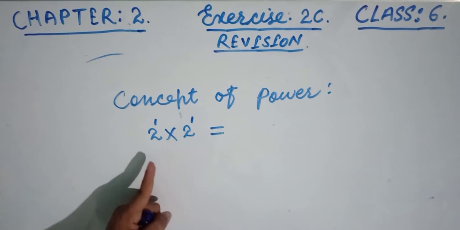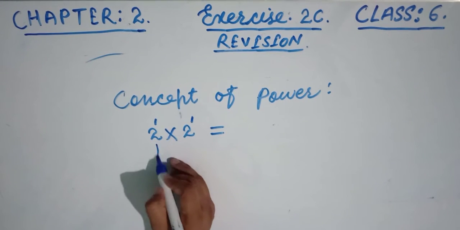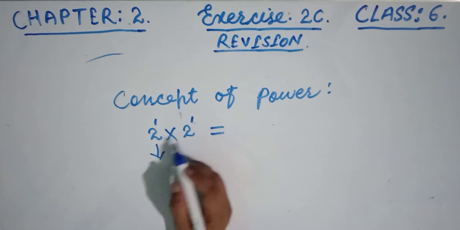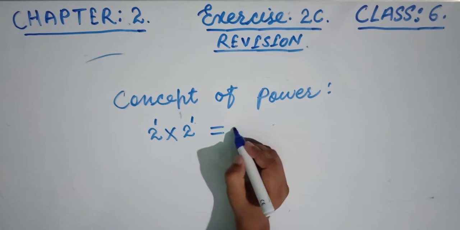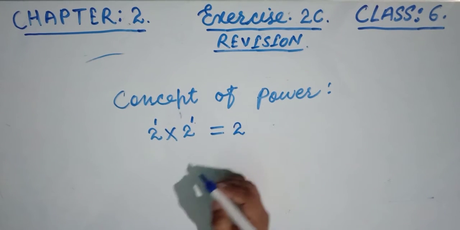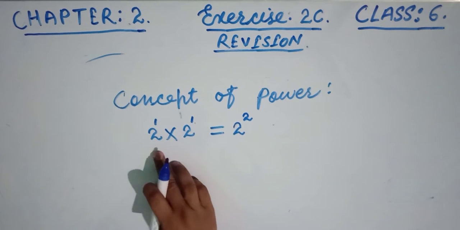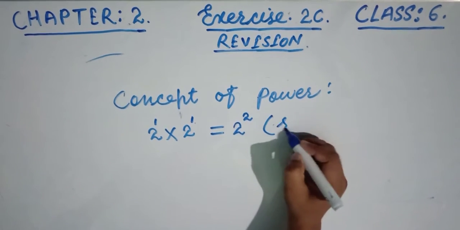So this 2 is nothing but 2 raised to the power 1, multiplied by 2 raised to the power 1. If the same number is multiplied twice, then write the single number raised to the power 2, because there are two of the same number. So this 2 multiplied by 2 can be written as 2 raised to the power 2, and this is read as